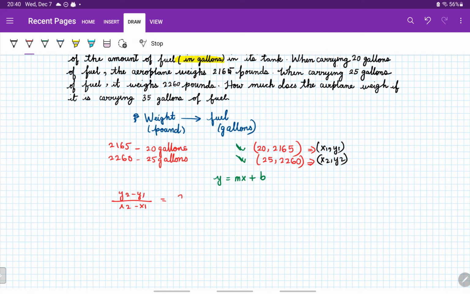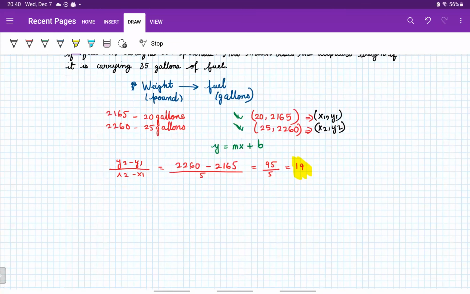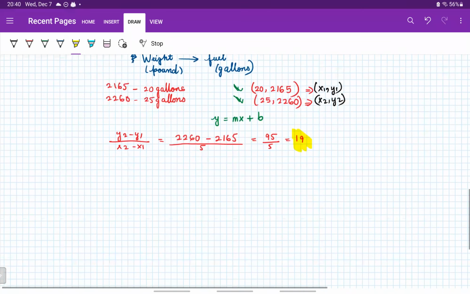Plugging in the values, we get 2260 minus 2165 divided by 5, which is equal to 95 over 5, which is 19. So we know that the slope is 19, which means that for every gallon you put into the airplane, the weight is going to increase by 19 pounds. That is what this 19, the slope, means: for each increase of 1 gallon of fuel, the weight is going to increase by 19 pounds. That is the relation the weight and the amount of fuel have. Okay, so now that we have m,